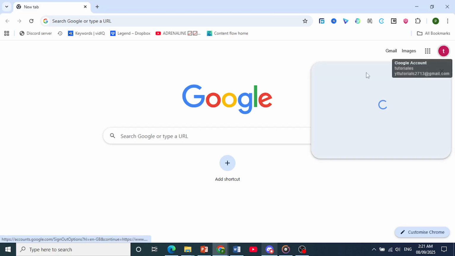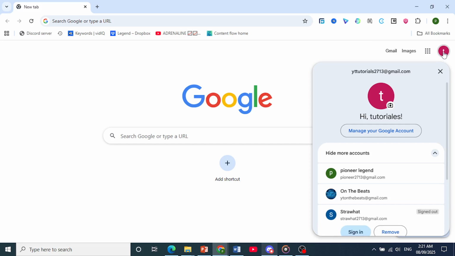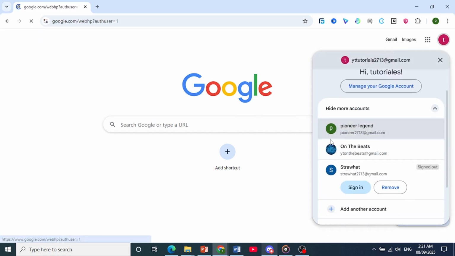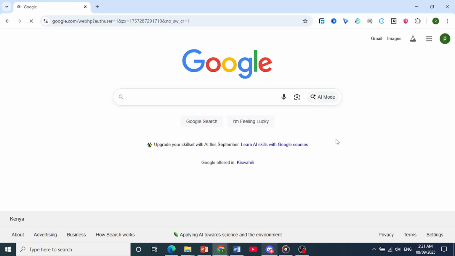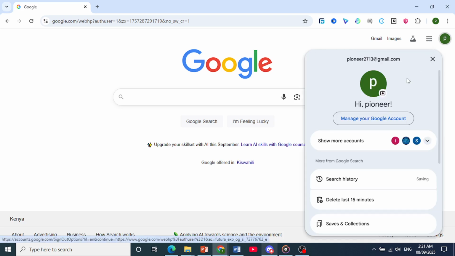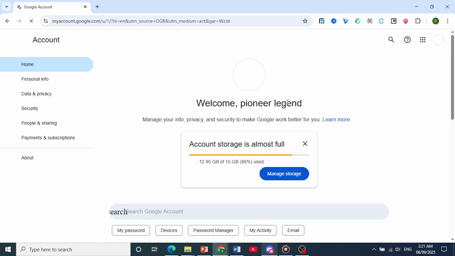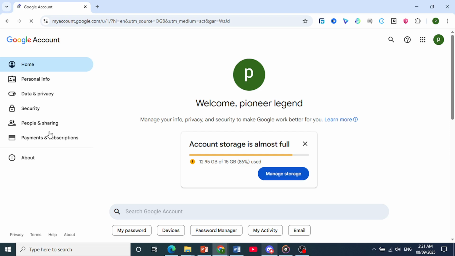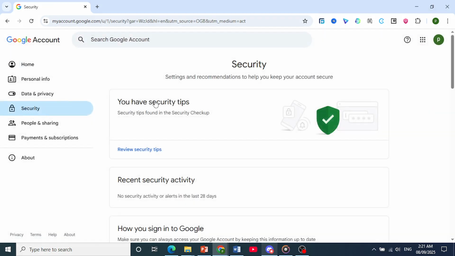Now the first thing I want you to do is choose your Gmail account from here at the top right, basically the Gmail account you want to go ahead and generate an app password for. Now once you've selected that, you can click on the profile icon, click on manage your Google account, and what I want you to do here is just click on security, and then I want you to